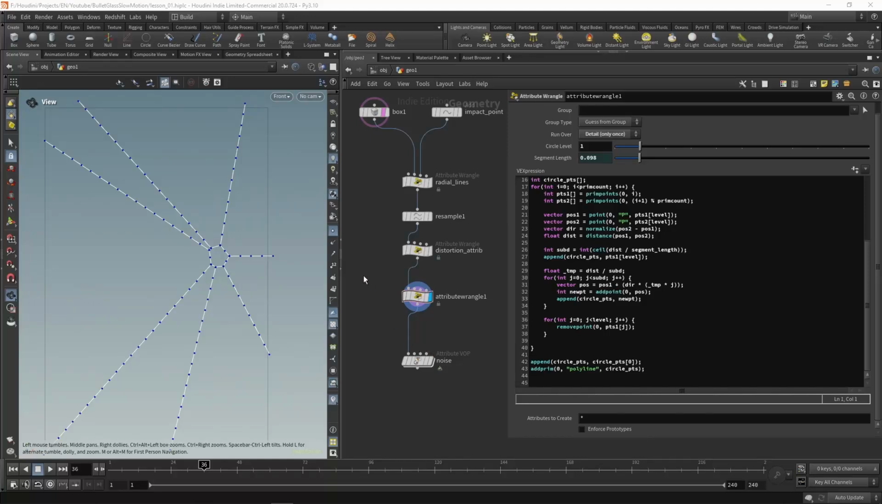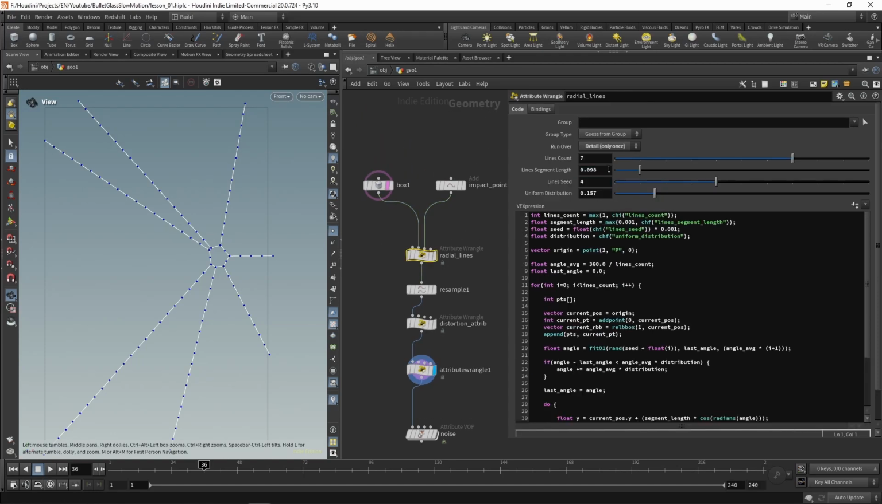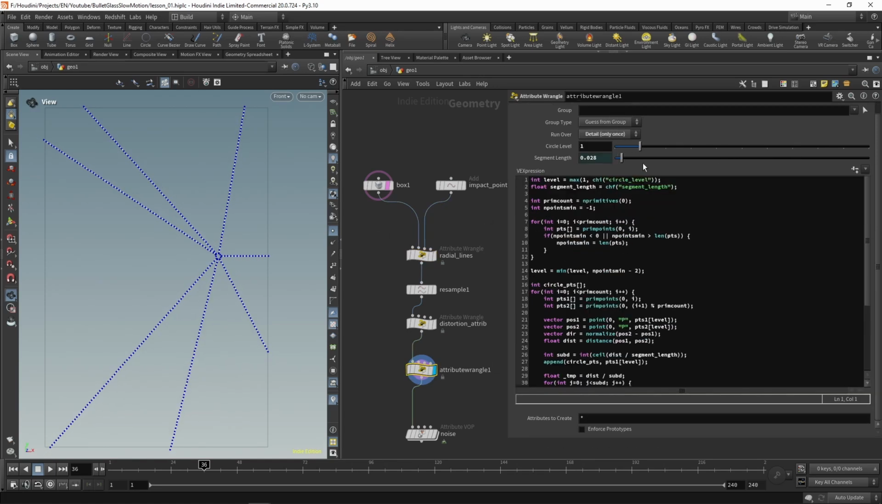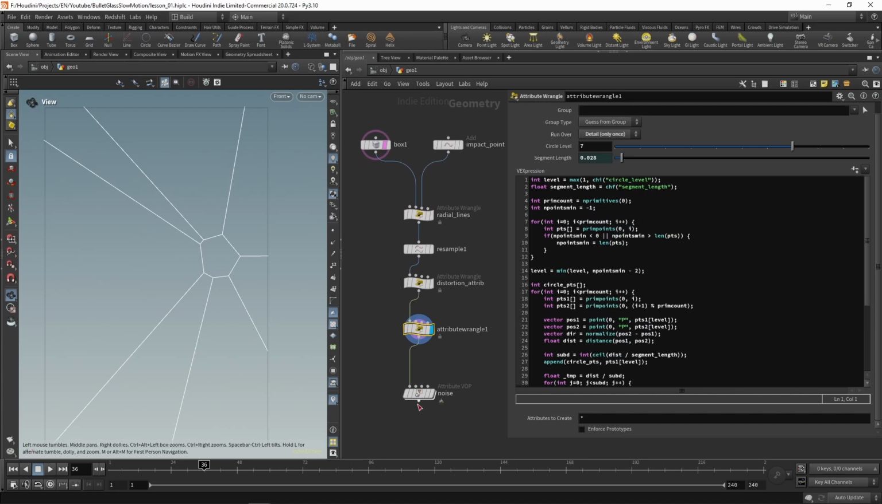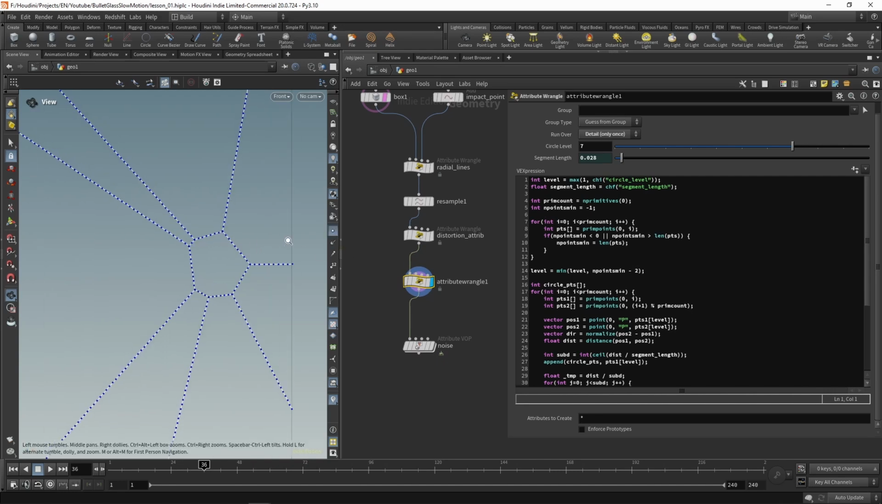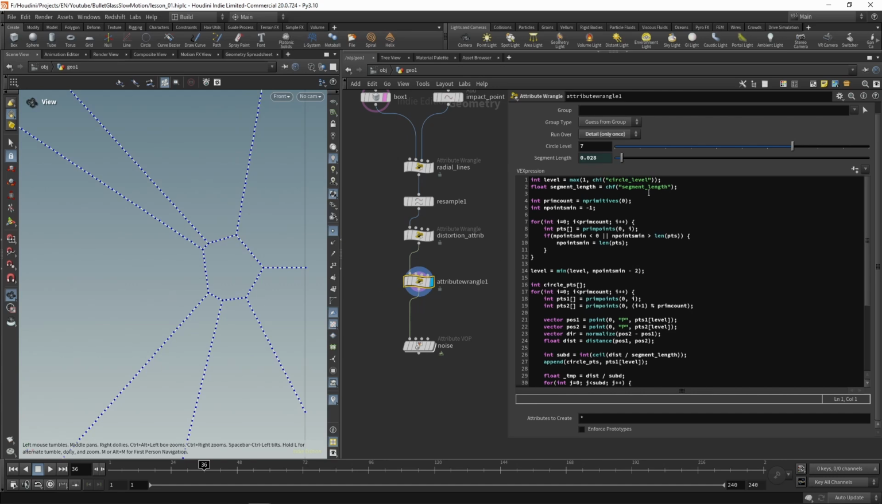Okay, now we have a problem, which is not a problem. First of all, let me increase the number of points, like this, maybe. Okay. We based our noise over the distortion attribute, but we don't have distortion on the newly created points on the circle. So we can say something like